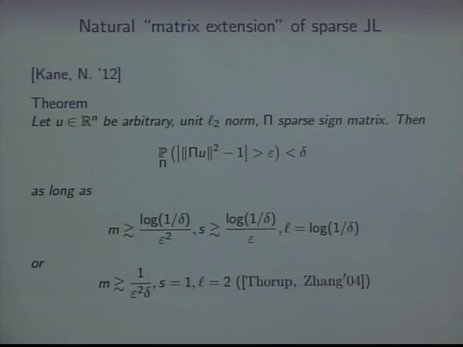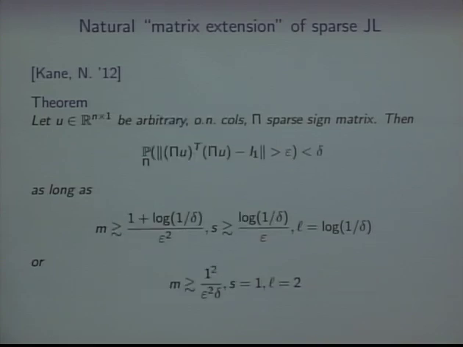And what's an n by 1 matrix of unit L2 norm? Sorry, what's a unit vector? I already said it, I guess. A unit vector is just an n by 1 matrix with orthonormal columns. Okay, ortho means nothing when you have one column, but it's true. And I'm trying to be suggestive here. So the thing I wrote on the last slide is exactly the same as this, where 1 is just the 1 by 1 identity matrix. So this is the same exact thing as the last slide.